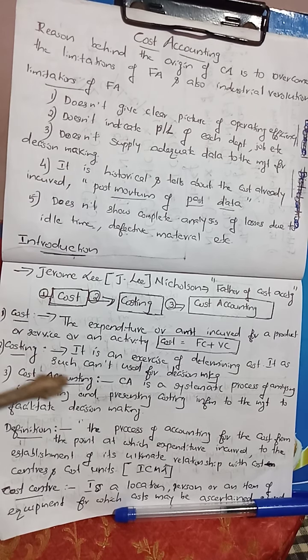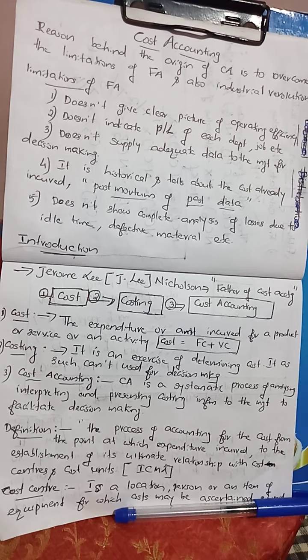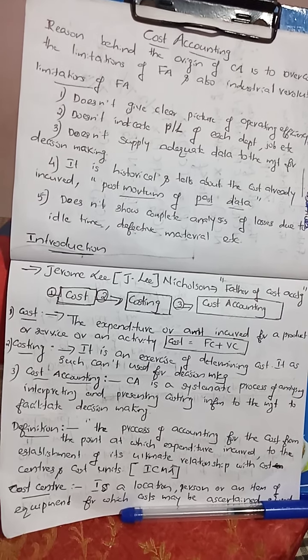The second difference is that the information provided through costing as such cannot be used for decision making purposes, but in the case of cost accounting, the information provided through cost accounting data can be directly used by the management for taking decisions. So these are the two main important differences between costing and cost accounting. Next we move to the